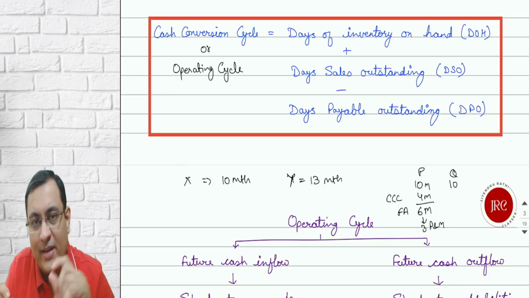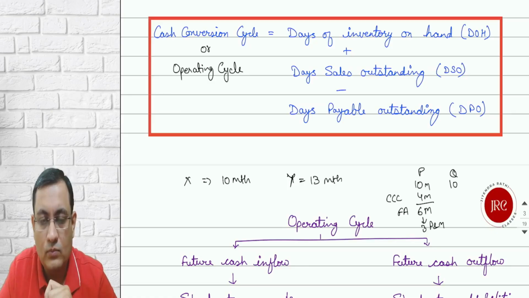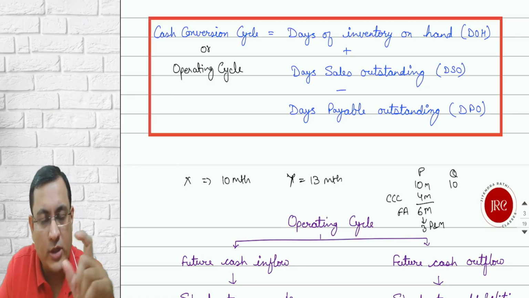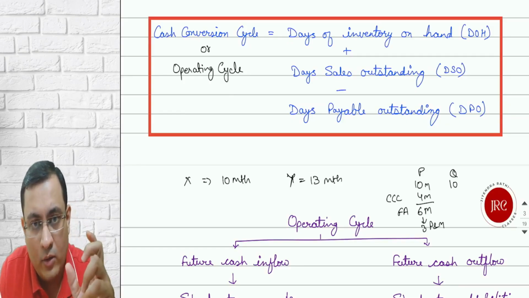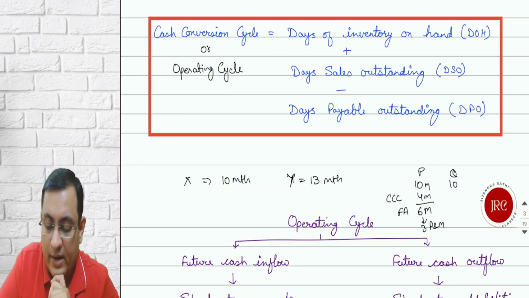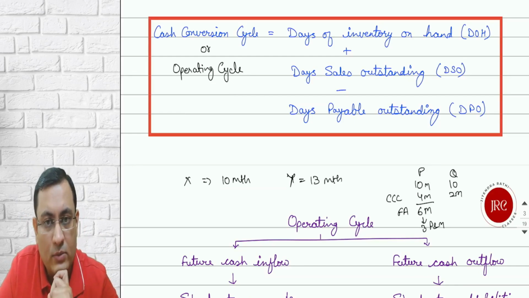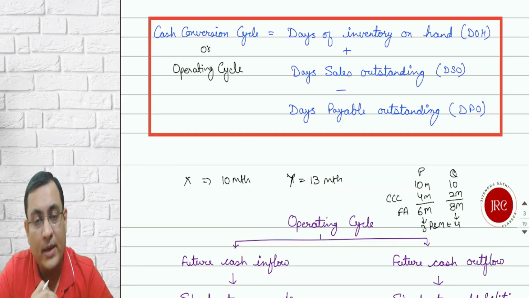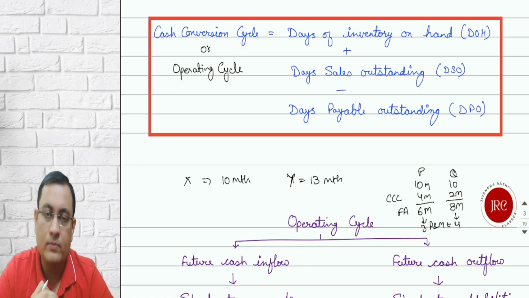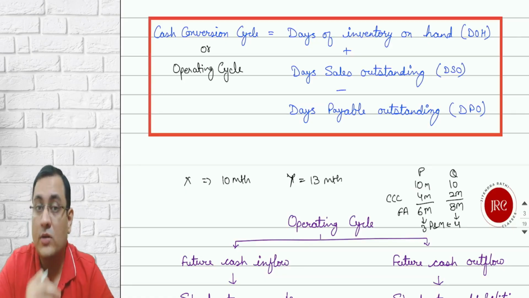Let's assume Q is having a shorter operating cycle. This shorter operating cycle means less amount got utilized for your inventory and receivables. You are giving less credit period to your receivables. You are holding less inventory. Then your cash conversion cycle will also require a lesser amount. Now they have 8 million left, so they will be able to purchase 4 plant and machinery. Which company will be making more production, more sales? Of course, Q. So Q's profitability will be higher, but at the same time, Q is also running a risk